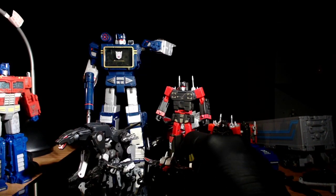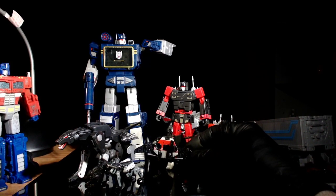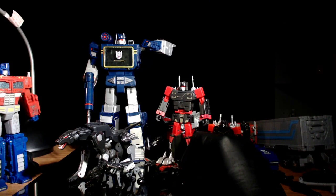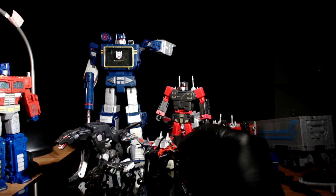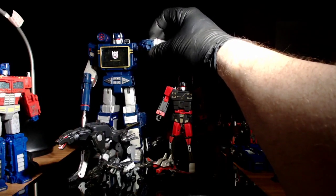No, Laserbeak wasn't dropped, but I think, I don't know, it's flawed, maybe a manufacturing defect. I didn't even know the leg was an issue. I knew the wing was falling apart, the arm. I had one of the legs plugged into this clear